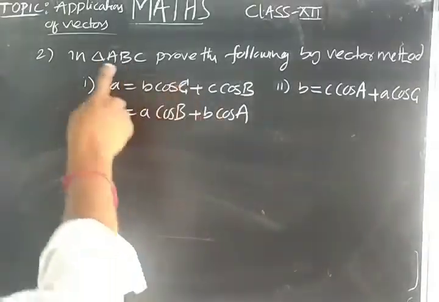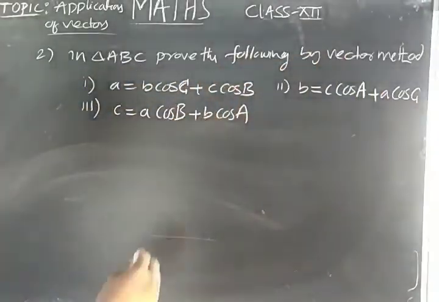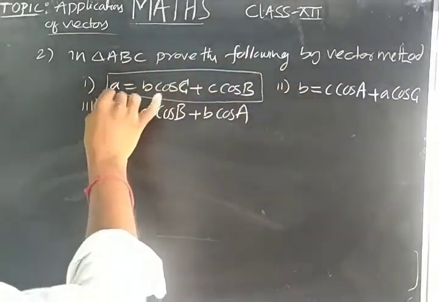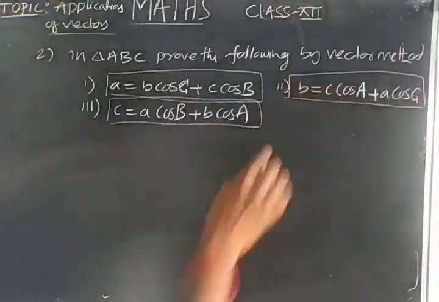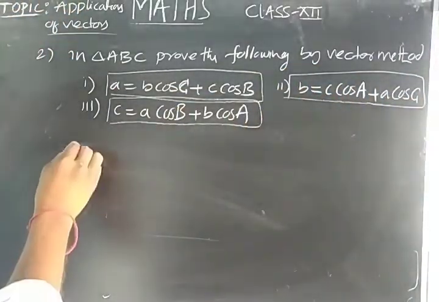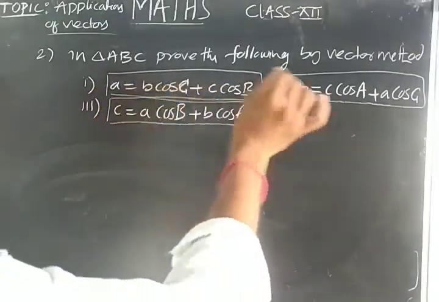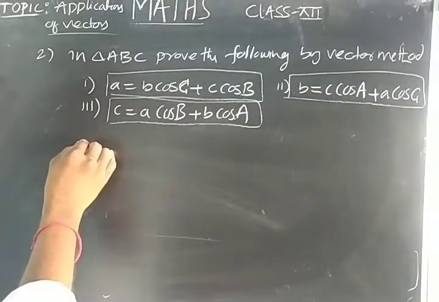Now next one, in triangle ABC, prove the following by vector method. These are also formulas in properties of triangles. Now we are going to prove these three formulas using the vector method. To prove the first one, I am going to prove the first one. Using the same method, you can prove the second and third. So to prove the first one,